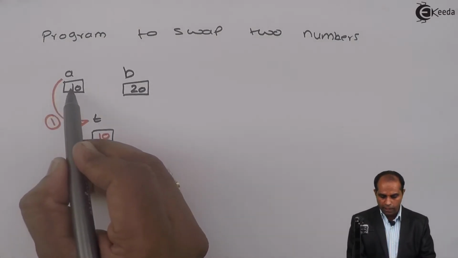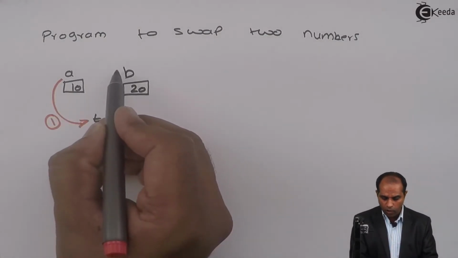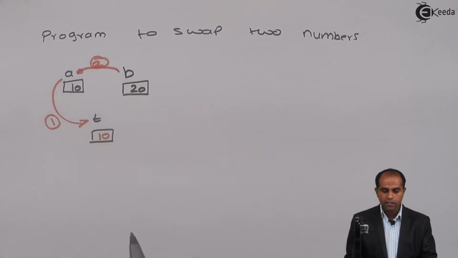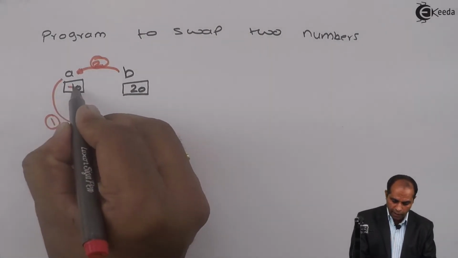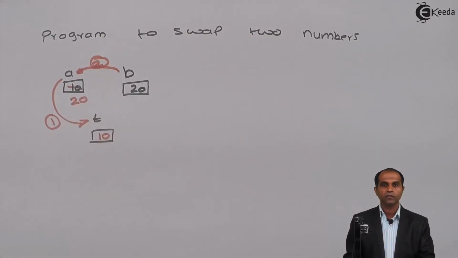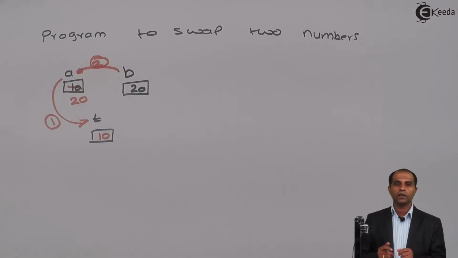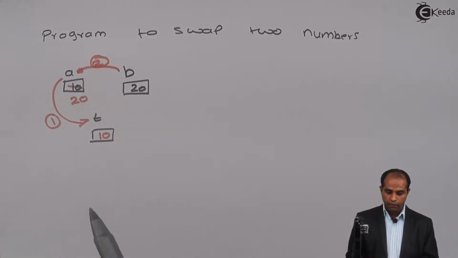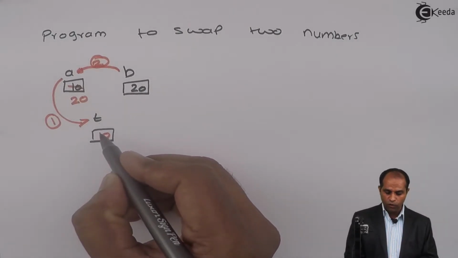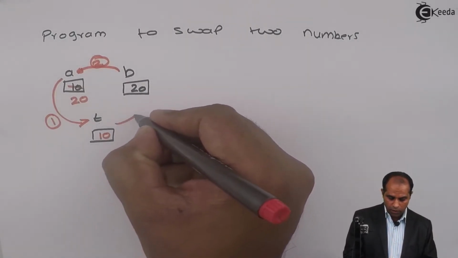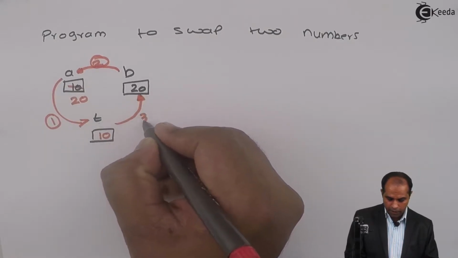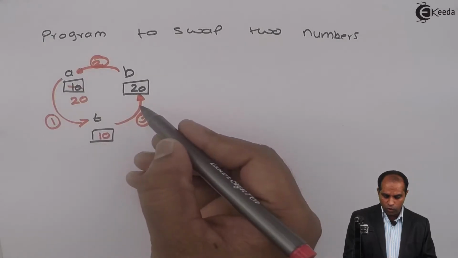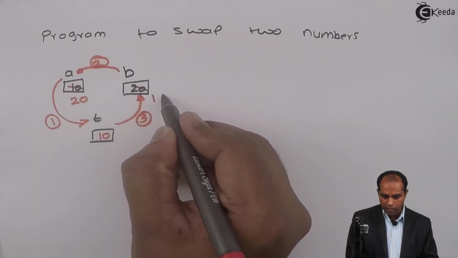So you can replace the value of A with B now. So let me call this process 2, where the value of A is replaced with B. So 10 is now overwritten as 20. The value of A gets overwritten as 20. So now your A and B both share the same value. So what you can do is, you can take the value of T to the third process, that is to variable B. So when I copy the value of T onto B, the value of B is now